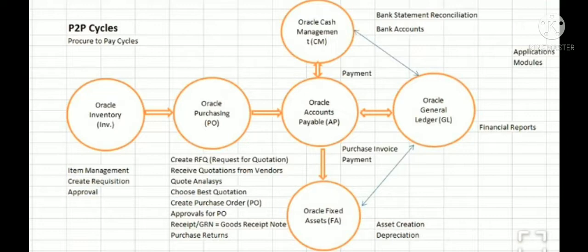Now, if we assume that some of the goods are not in good condition, or they are supplied goods which are actually not what was requested, it means that the goods may be returned to the supplier. And in this situation, the goods receipt department will raise a purchase return, and the supplier will be requested to issue a credit note to the receiving organization.